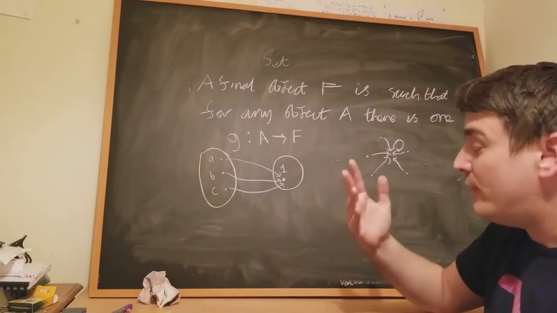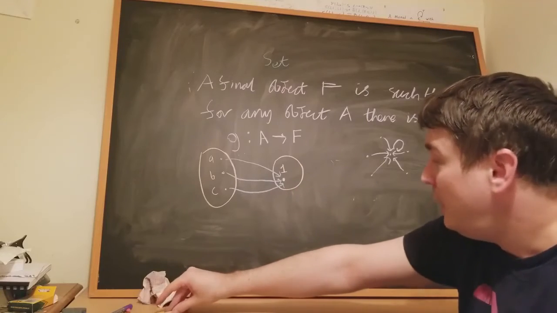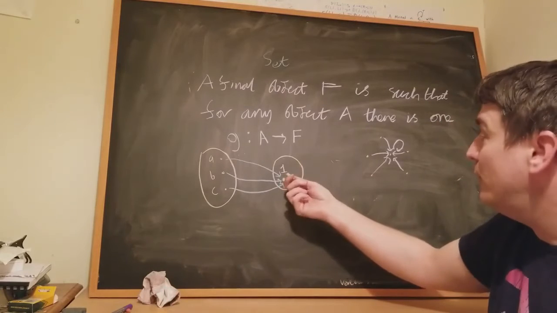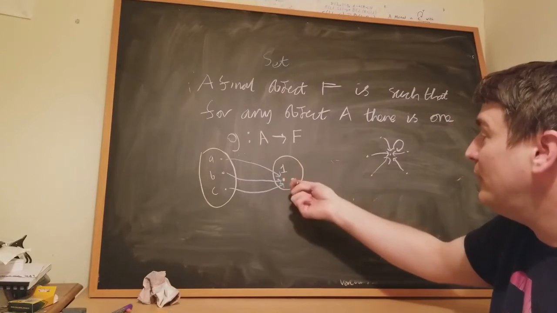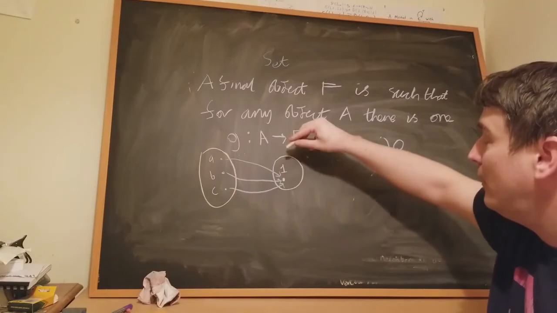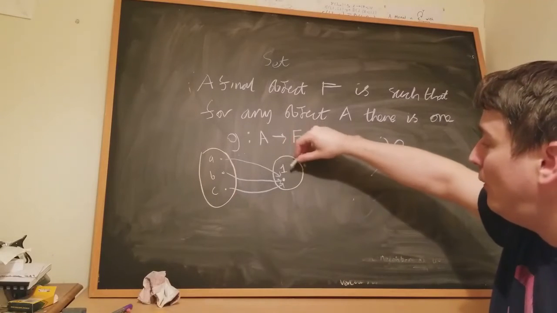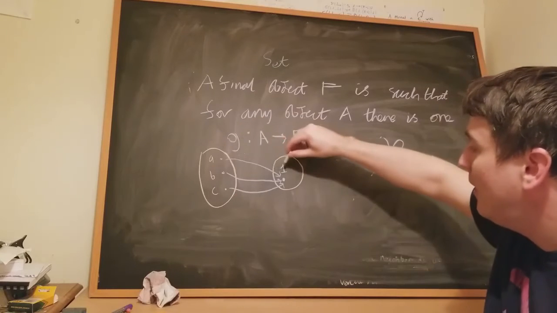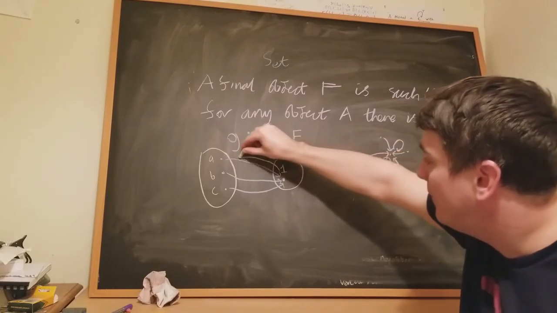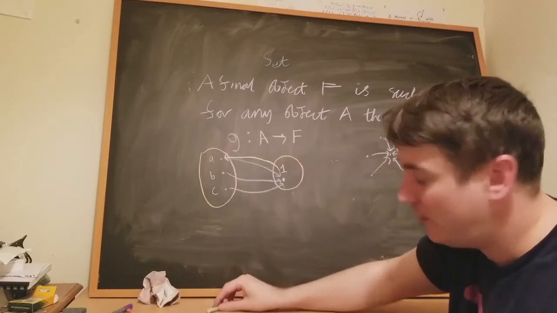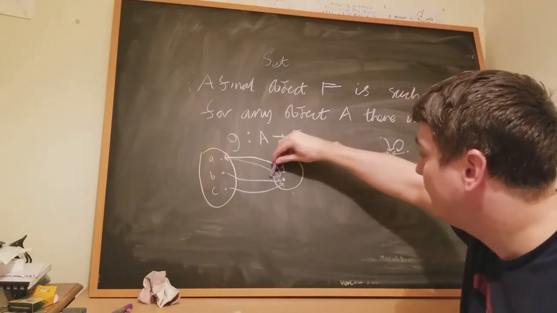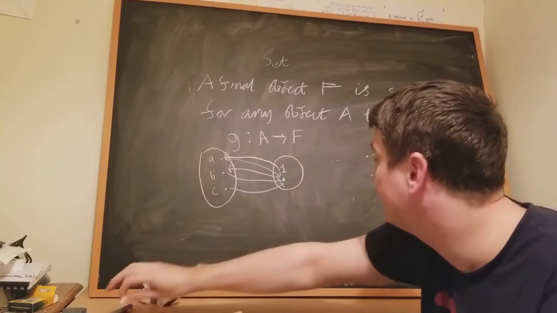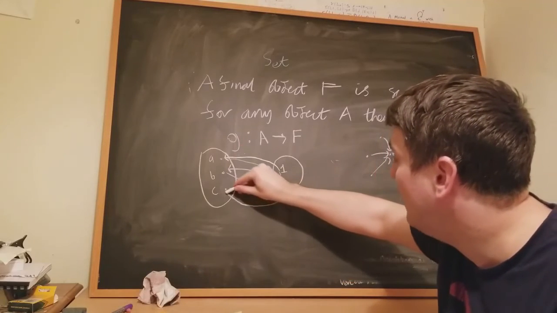Now, that's not all. It's very fruitful to then ask, well, what are the arrows going from this singleton, this object representing the singleton set, to other objects? So what functions are there going from this set here to this set here? Well, there are three of them. There's one like that, one like that, and one like that.